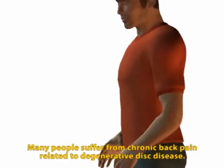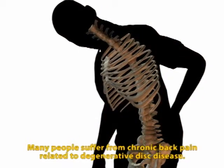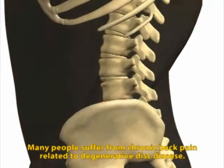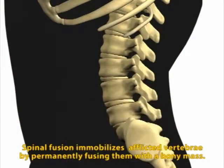Back pain is one of the most commonly treated medical conditions in the United States today, and is second only to the common cold as the most common reason for physician visits. Although its causes are multifactorial, degenerative disc disease is often involved in the pathogenesis and subsequent propagation of lower back pain. The achievement of a bony fusion is necessary for bone regeneration and healing, and is crucial to the success